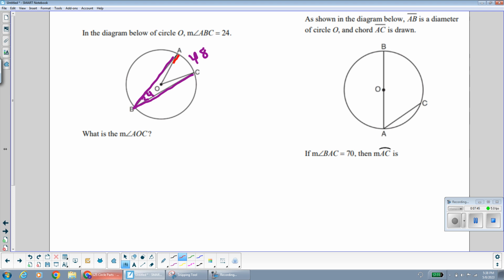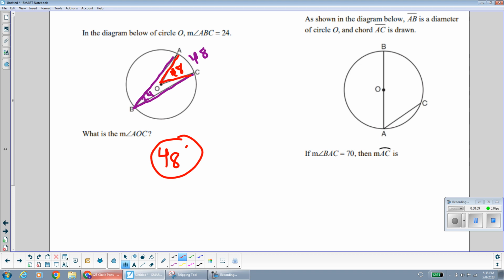And the angle that we're looking for, angle AOC, is a central angle. It's got its vertex on the center of the circle. So that means it would be equal to its intercepted arc, because central angles are congruent to their intercepted arcs. Moving along over here, the next example,